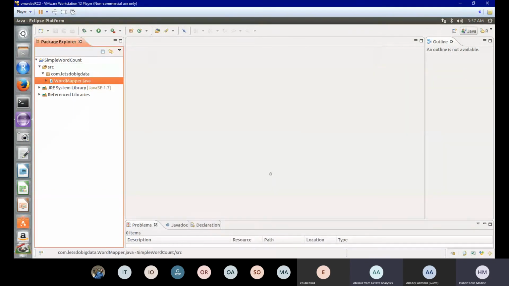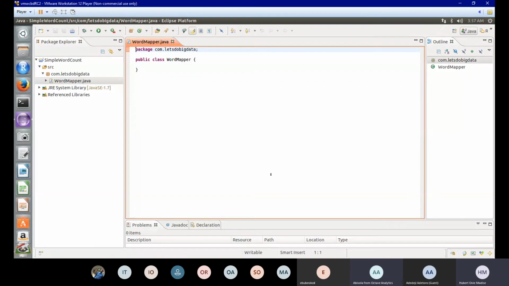So we have a new class, right? And this is where we need to input our script. So we have this package and we have this public class. Now we want to get the script for this word mapper. We don't know the script for word mapper for creating word mapping, but it has been written for us, and it's something we can learn on our own as time goes on. But for today, we already have the script written somewhere for us.